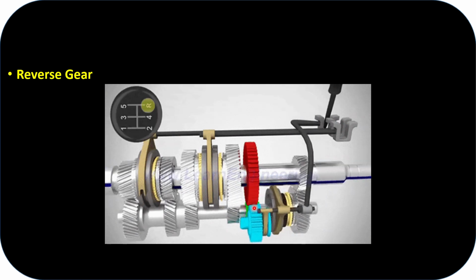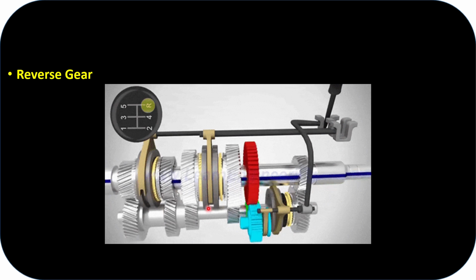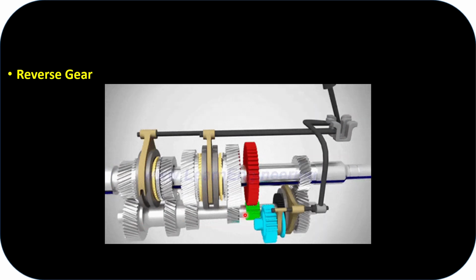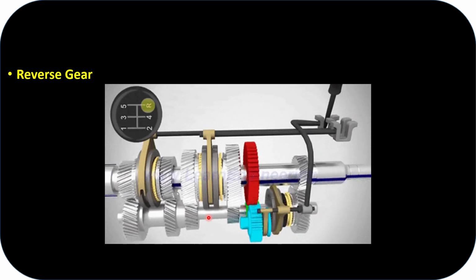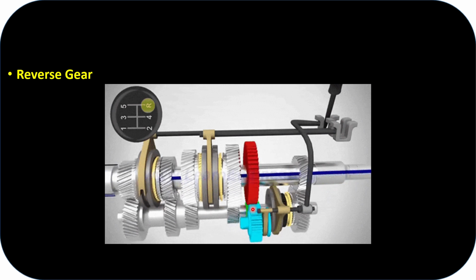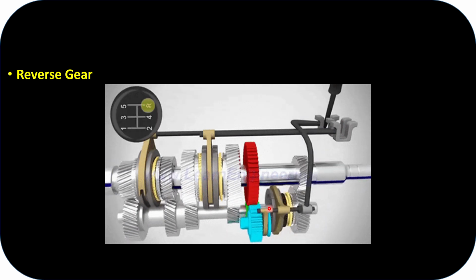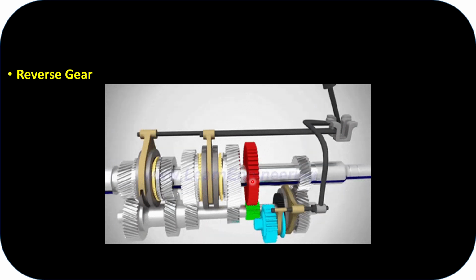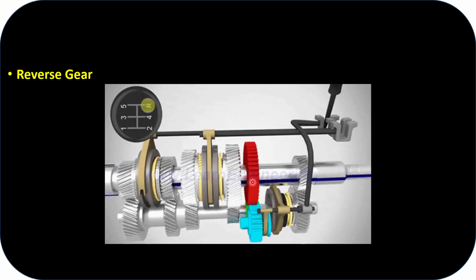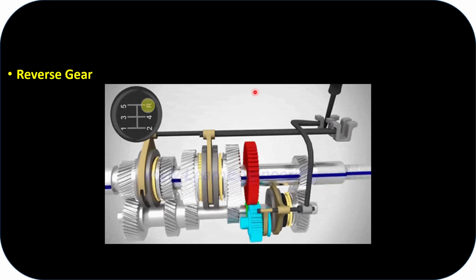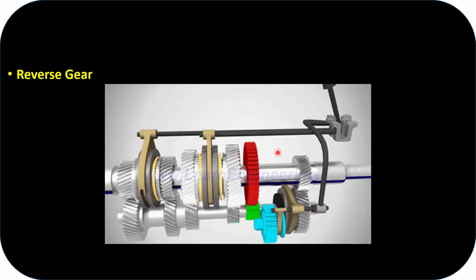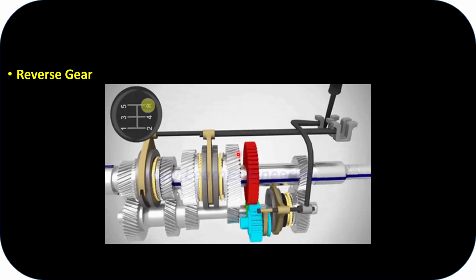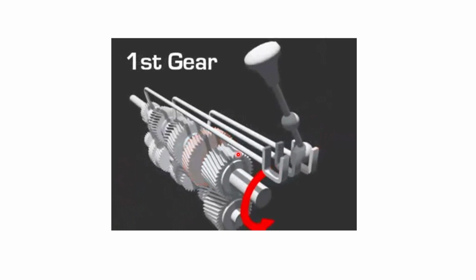So here will be three gears. This is the input, this is the lay shaft, and this is the idle gear. So this green idle gear is mated, and then it is given to the red. So it will rotate in an anti-clockwise direction. You can see these all are rotating in this direction, and this red is only rotating in that direction in this output shaft. So this is how we will select our reverse gear.